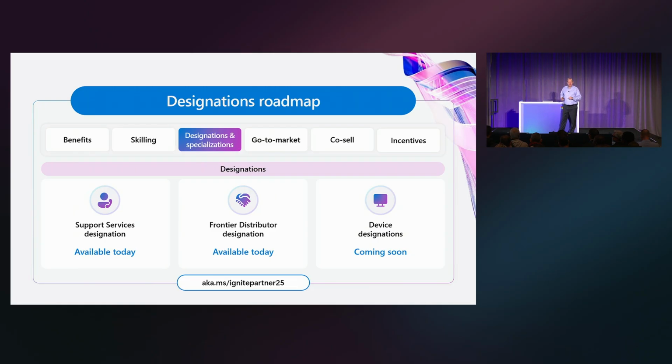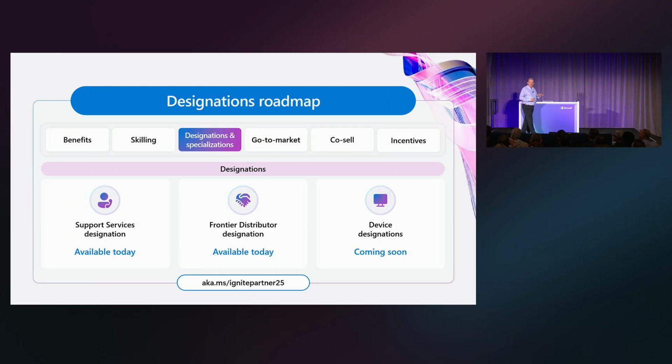We're also announcing the Frontier Distributor designation, also available immediately. This new designation enables resellers to discover world-class distributors who have demonstrated excellence at scale through resale, through the indirect model. Distributors earning this credential benefit from enhanced recruitment, activation, and pipeline velocity, while indirect resellers can select proven distributors faster, streamline migrations, and grow profitability.